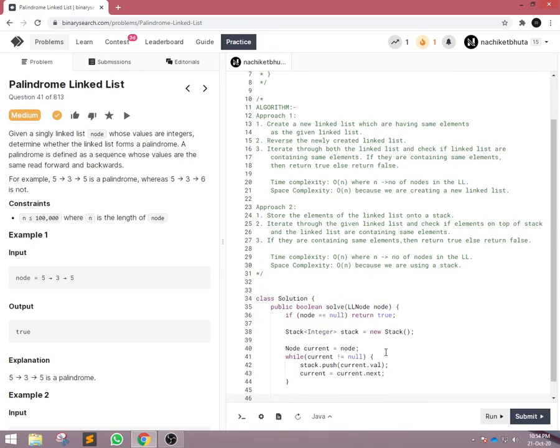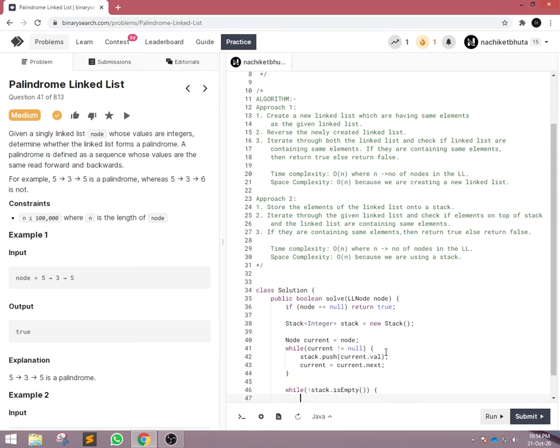Now all the elements are on the stack, so we will start popping all the elements from the stack till the stack is empty.